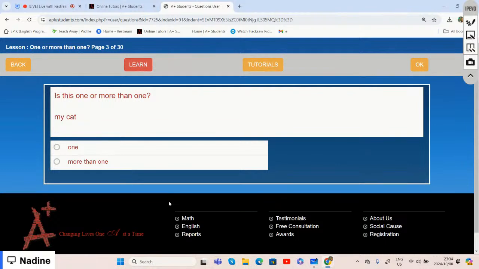Is it one cat or more than one cat? And if we were to choose the correct option, then yes, we can say my cat makes mention of